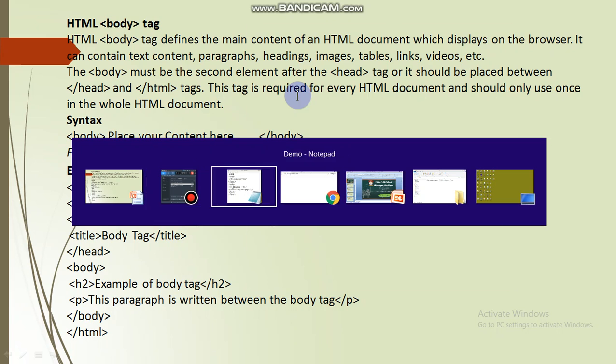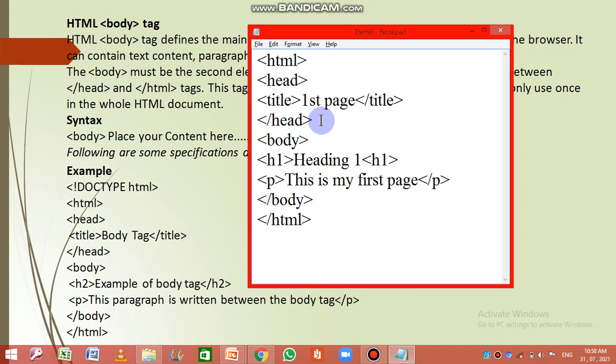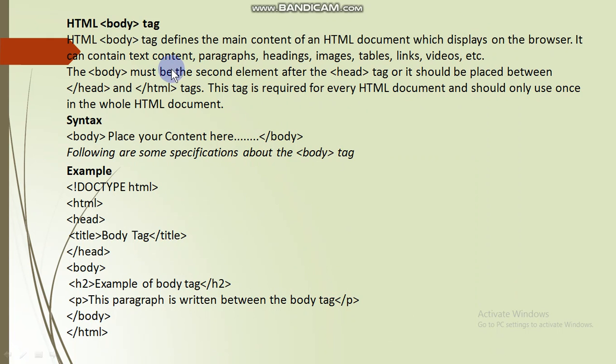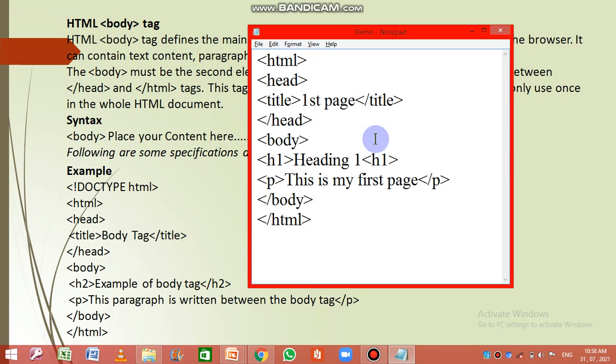If you observe this notepad, as I close the head tag, the next tag I started is the body tag. It should be placed between the closing head and the closing HTML tag. Just see, here closing head and here closing HTML. In between we have the body tag.